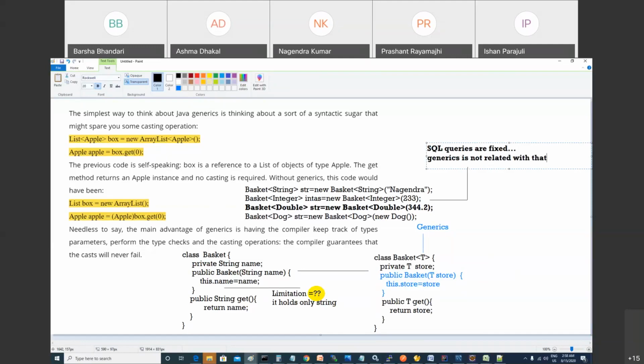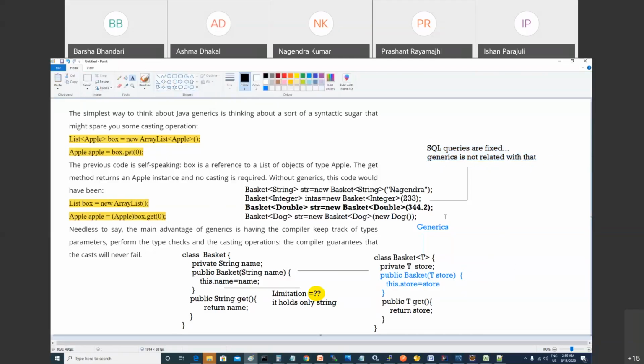Store is a class, and you are talking about a database, right? A database is a different thing. Are you following me? In a database, we know in advance: I am going to store integer, double, float. You cannot decide on the fly, right? If you don't know the data type on the fly and you want to store it, we can use MongoDB.